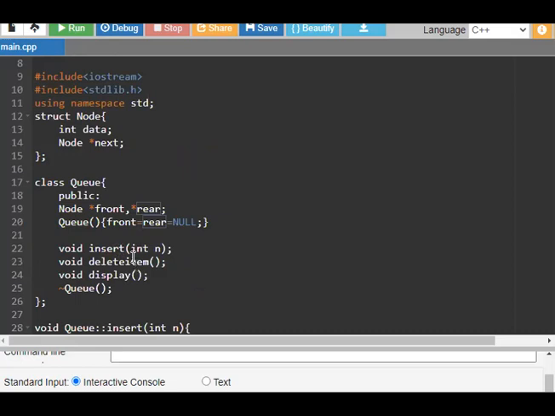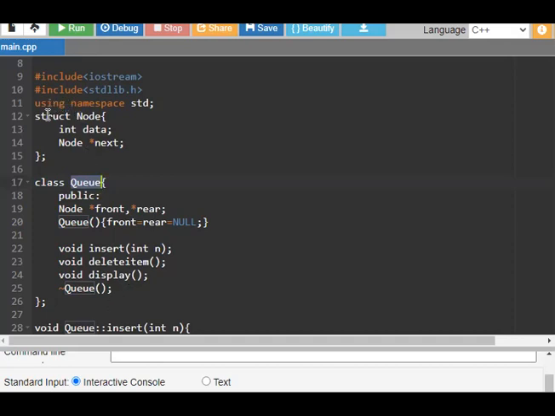The same process applies: we have to create a structure, and here we introduce a queue, entering the element through rear, and the operations insert, delete, and display can be performed.